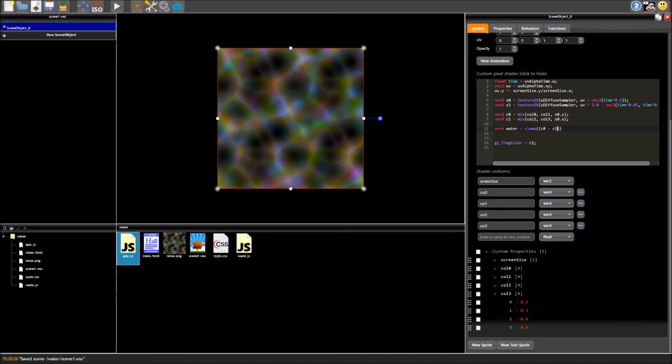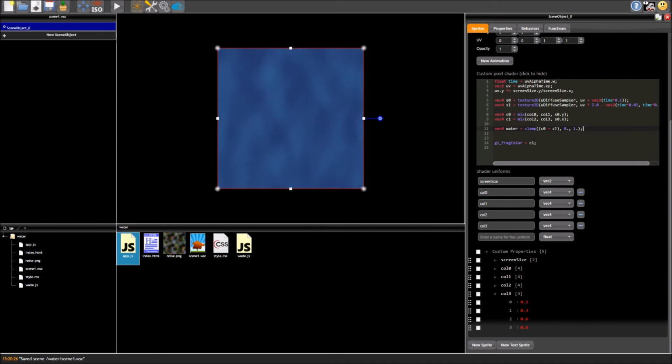I'm going to add my second color. So now we are adding both of these. We'll be able to see them both at the same time, which is quite good. And I'm going to fit this between the range of 0 and 1. Just because if we're adding 2 colors together, say if both of them had blue value 1, that would end up being 2. And as I said earlier, we have to normalize everything. So all our values must be between 0 and 1. So I think that looks correct. I'm just going to put a semicolon here.